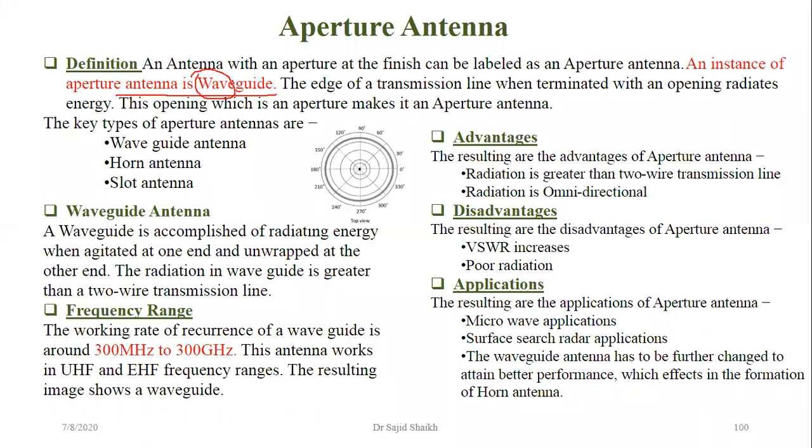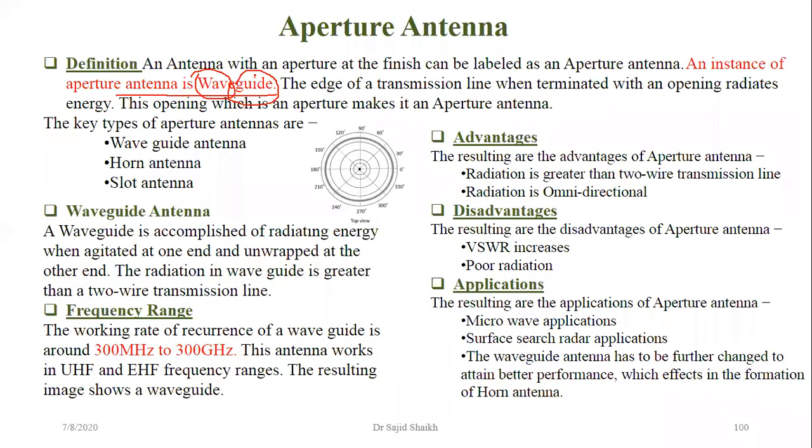Okay, so these aperture antennas are those antennas which guide the wave. In normal wireless communication, we are simply throwing the wave into the atmosphere. But here we are not simply throwing the wave. We have a guided medium which guides this wireless electromagnetic wave. Such types of antennas are called waveguides.